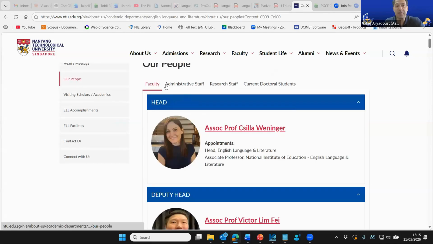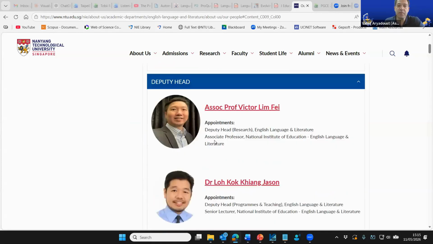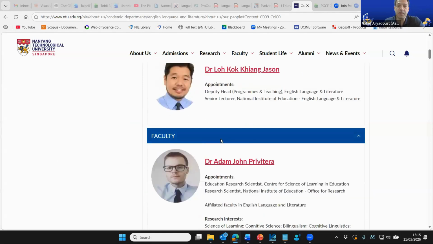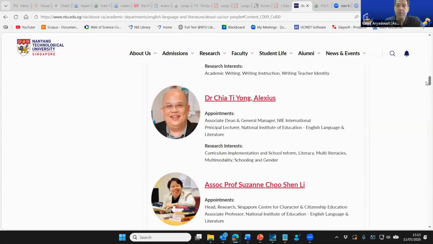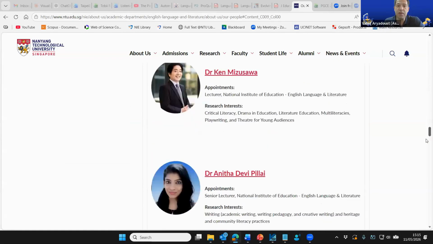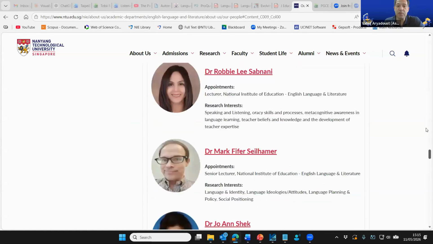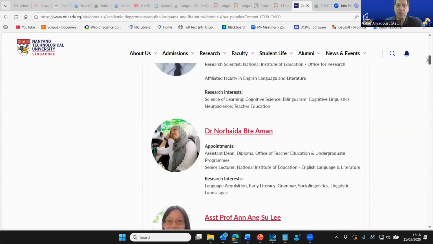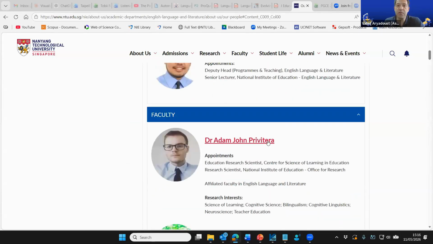As you can see, we've got faculties, administrative staff, and so on and so forth. So all of these professors have different designations at our department. For example, the head of the department, the deputy head, two deputy heads, and then the faculty members. You can scroll all the way down to find your right supervisor. So you just need to match the list that I showed you with the names here and find their